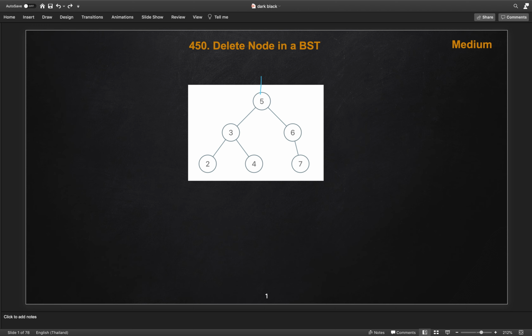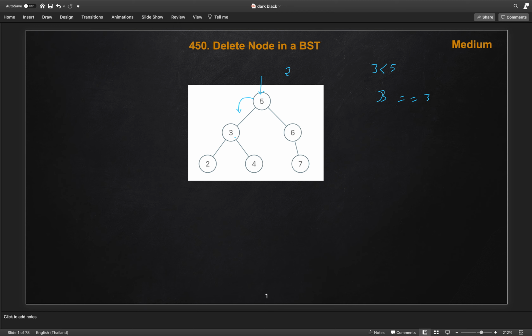So this is our root node, starting from here, 5. As we know in the BST, if the value we are searching, here 3, to delete, we will compare with the root dot value, and if the root value is greater than this key value, then we will go to the left subtree. As 3 is less than 5, we will go to the left subtree. Once we come here, this is our root now, and we compare: 3 equals 3, the node we have to delete. We found the node.